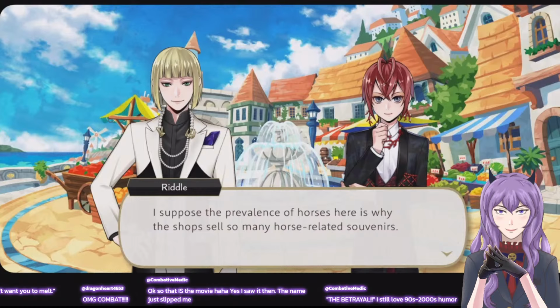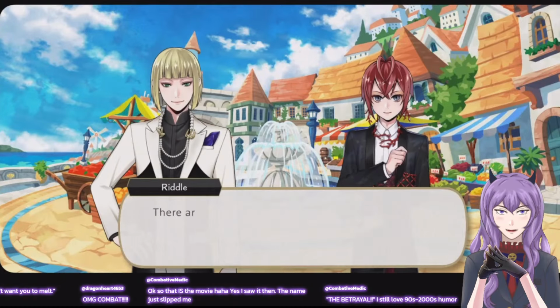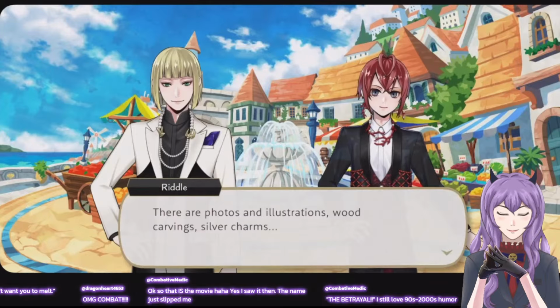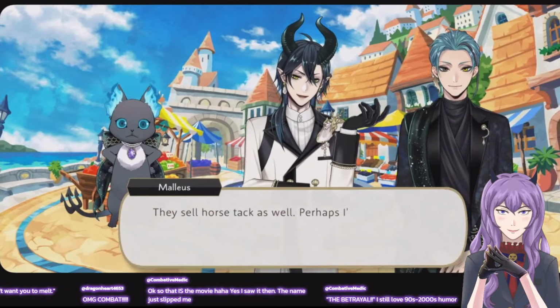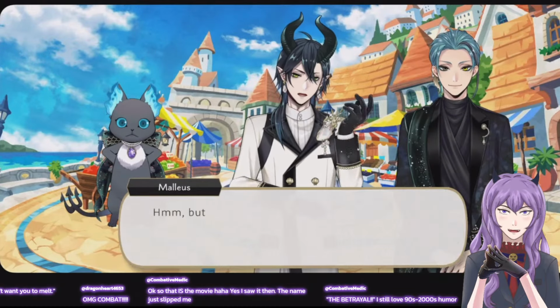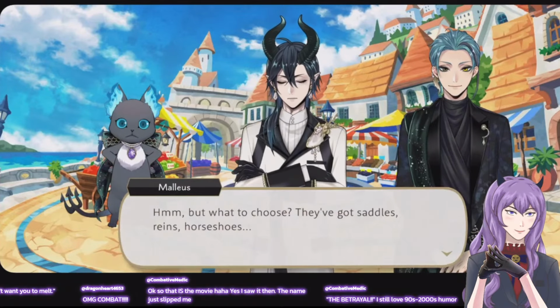Prey on the horse. Oh, horse-related soup. Oh yeah, I guess Silver and Sebek would make a bit. The Equestrian Club.